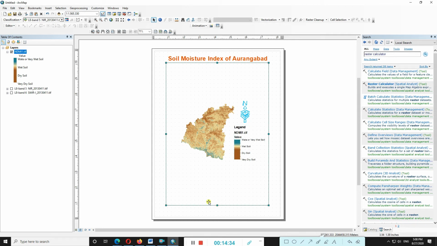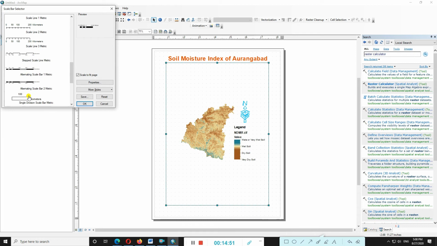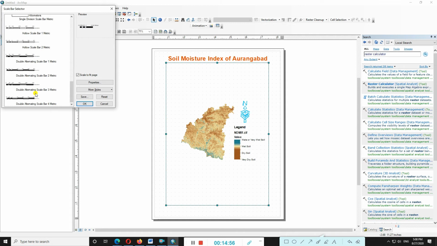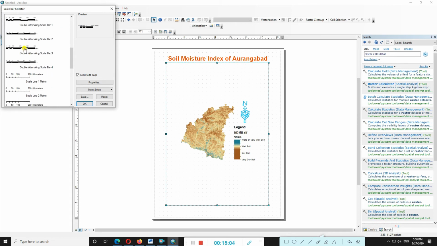Okay, so another option we have is the scale bar. Which scale bar we use depends on our interest. There are a number of options, we go with that. Go to the property.